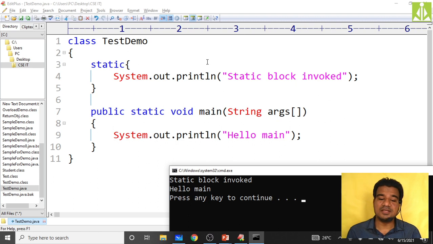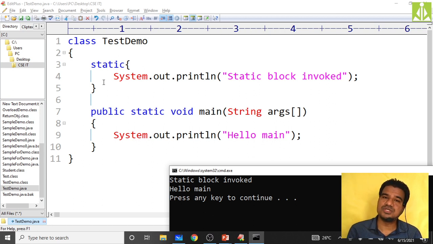Hopefully you understood. And this static block, as it is static in nature, can be used to initialize the static data members of your class variables. That you can also do over here. And one more thing to remember: you cannot initialize or use the non-static data members inside the static block, because the static block is getting executed before the object creation.